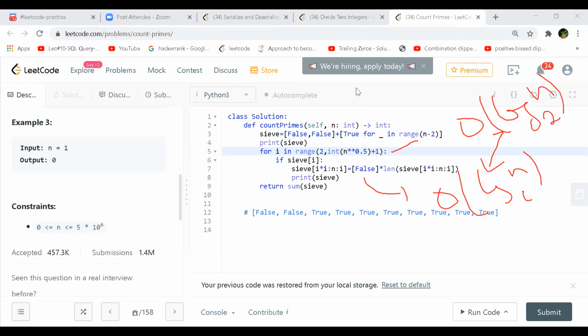The outer log is purely for the first for loop, and then the inner one will be whatever number you run for. That is again done for only log n, correct? Because it's only the square root part of it you are running to. So this inner log n will run for every outer log n. Like two for loops, you can say for every i this j will be running. So by that way, log n should come, right? Let me open the link. It will make more sense now.